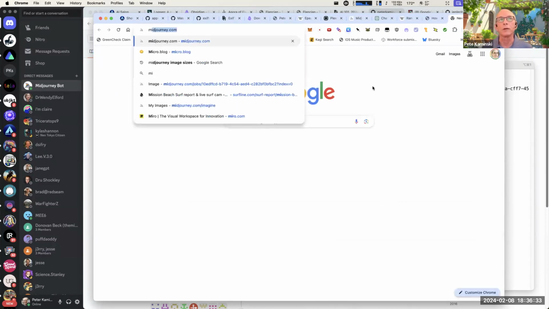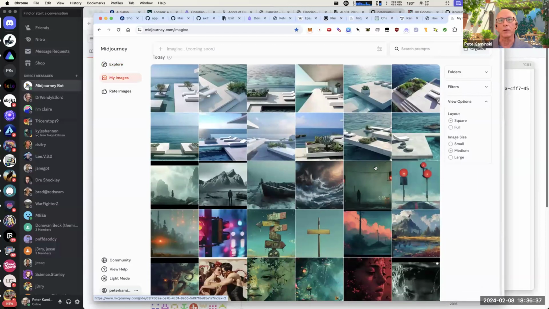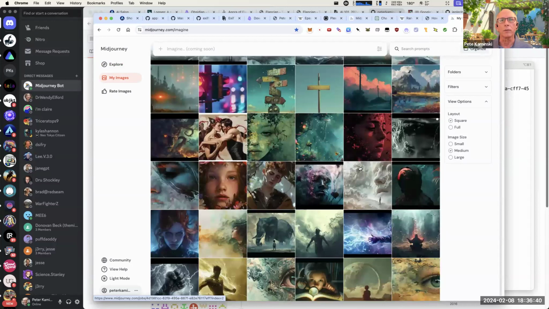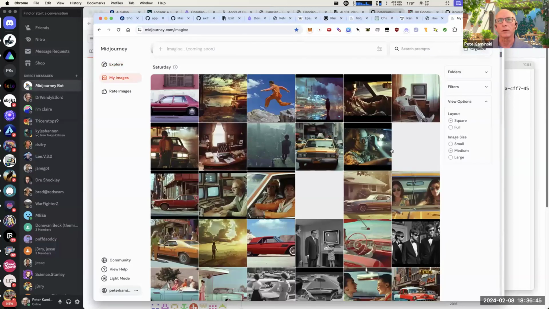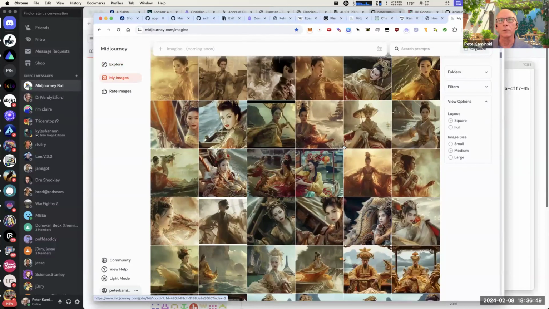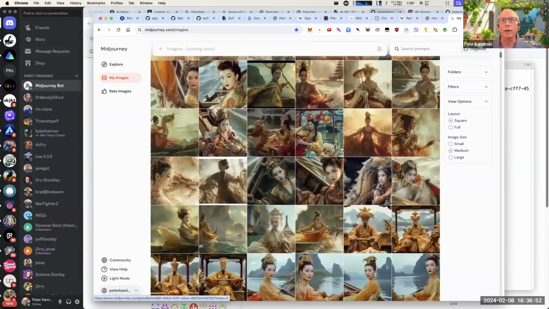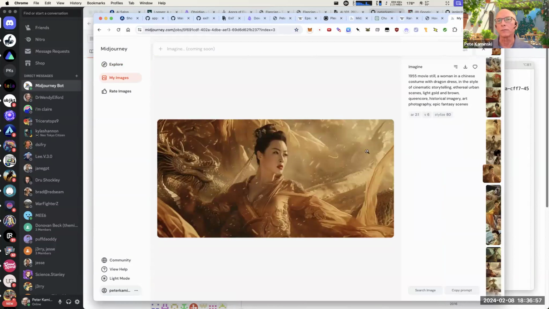So let's go to Midjourney and download one real quick. It's tempting to download somebody else's, but I won't. These are actually kind of boring prompts, even though they're really cool images. Actually, these are kind of cool. I kind of randomly got old movies, old Chinese movies stuff. So anyway, this is a pretty interesting prompt. So let's download this image